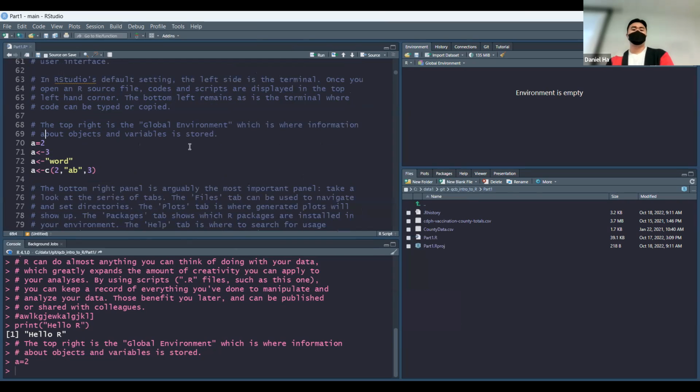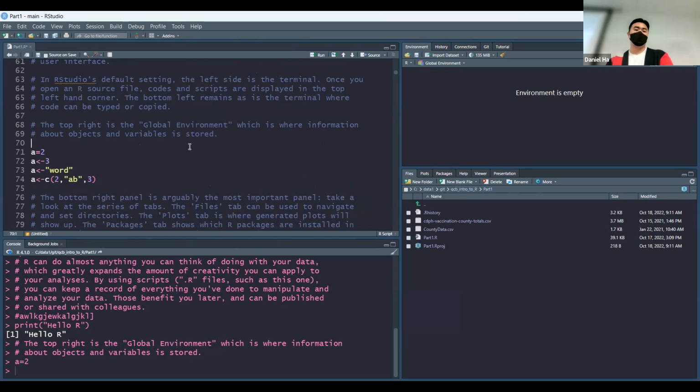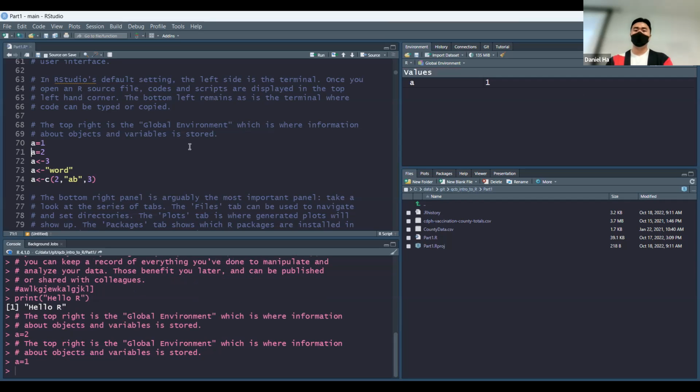All right, so let me dive into the different types of variables in R. In any kind of coding language, variable assignment is one of the basic things, right? You get to store any value into a specific variable name you assigned. So here I'm just going to use A for my first variable name. I'm going to store A equals 1. And if you press Control Return here, you see that